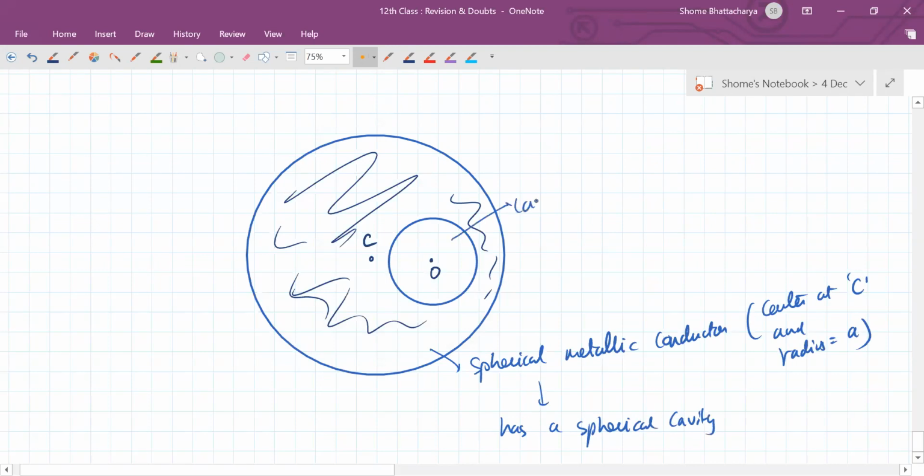This is the cavity with the center at O and radius B. Okay, such that